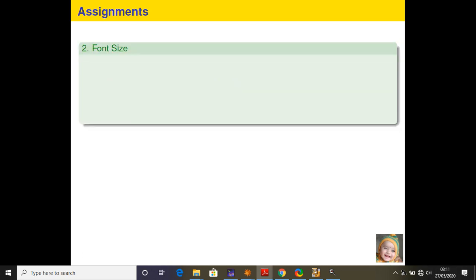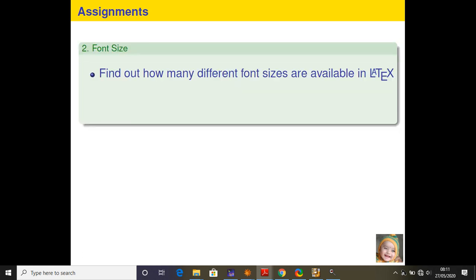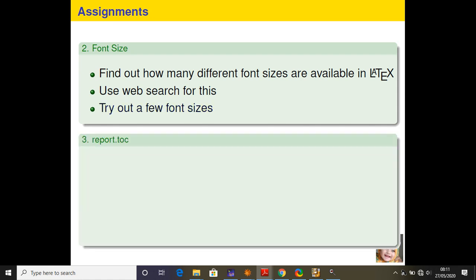Then font sizes. Find out how many different font sizes are available in LaTeX. Use web search for this. Try out a few font sizes. Report.toc is an external file. So delete this file, report.toc.